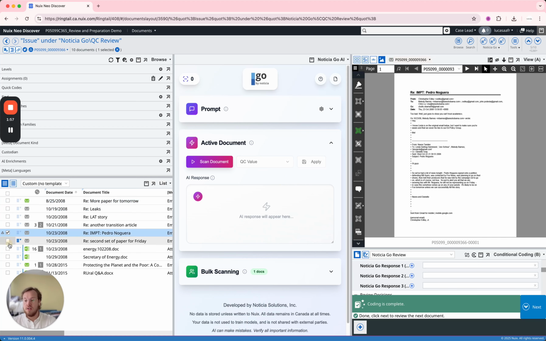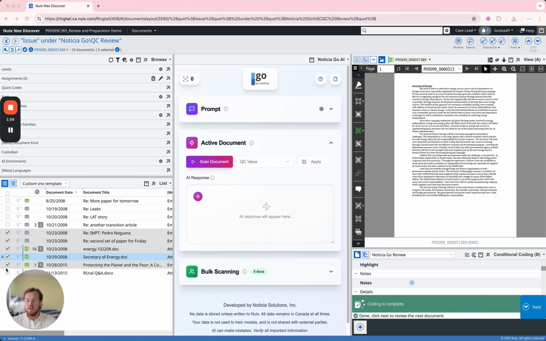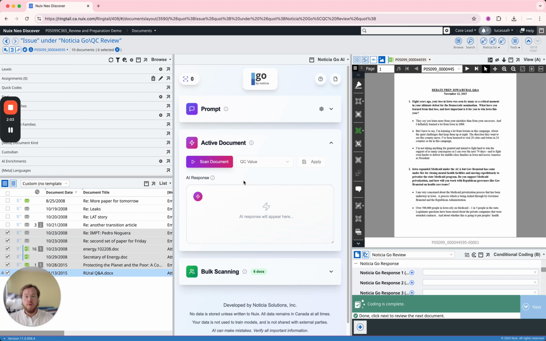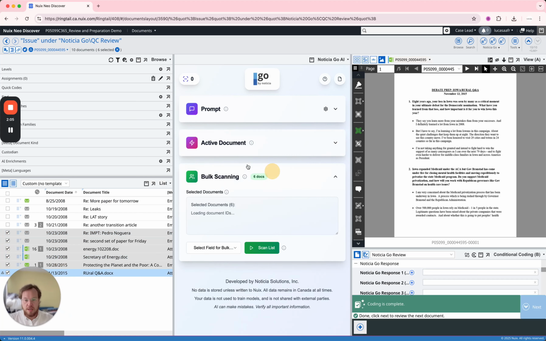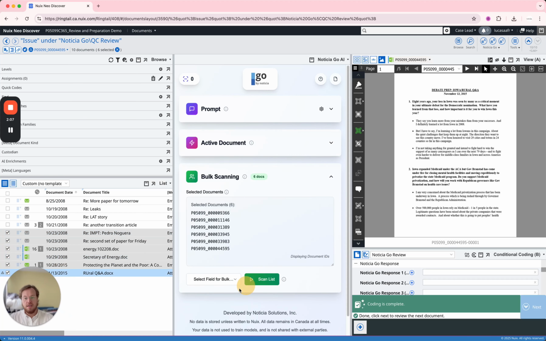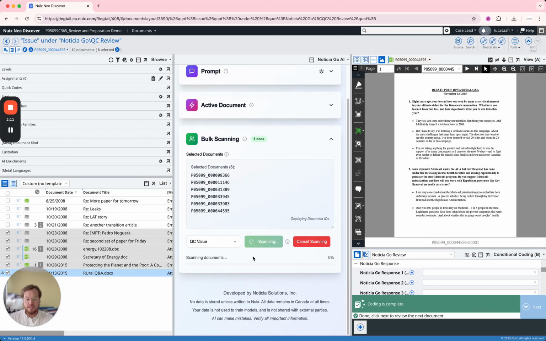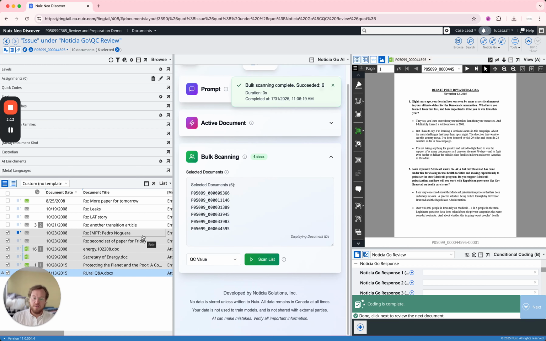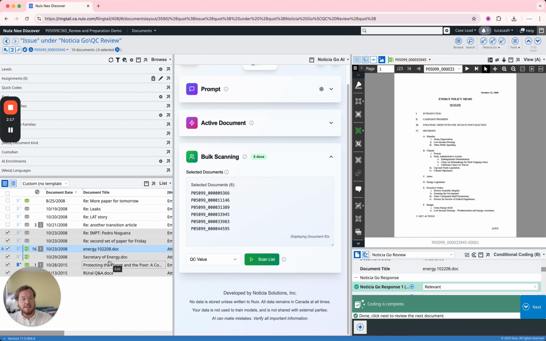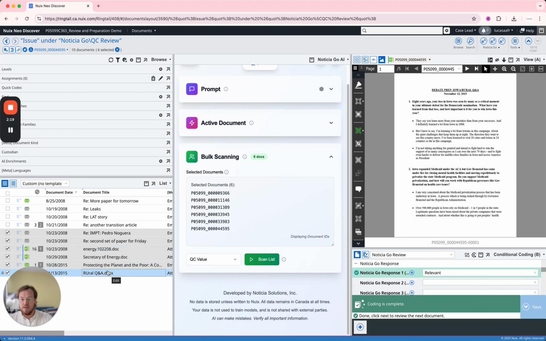If we want to run this on a larger document set, which is normally what you would do in a QC review, is you've already reviewed documents and you want to go through the full list, that's when we can pull in the bulk scanning feature here and go select field QC value. And we'll just go ahead and run this on these 6 documents. It'll run down the list. See, it's reviewed that in just 3 seconds, and it can add this value, relevant, relevant, relevant, relevant, confirming our